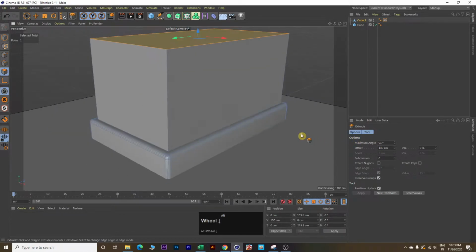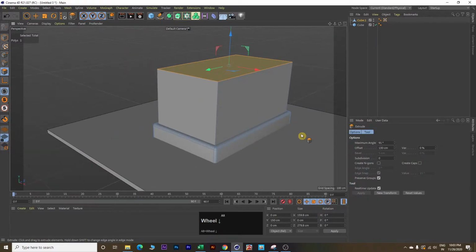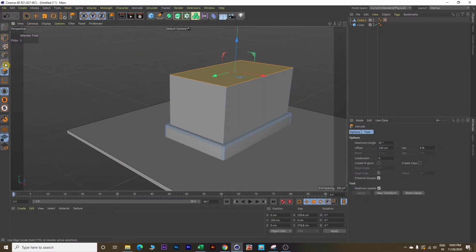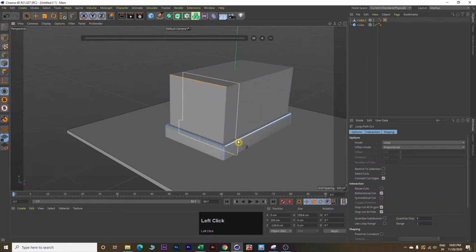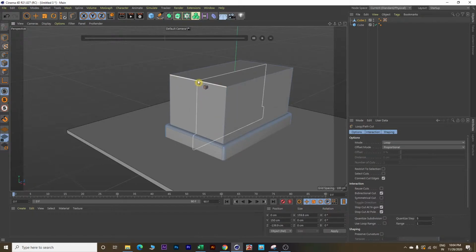Now let's zoom in. Next we will click on this edges button over here and we will bring our mouse pointer on this edge and right click and we will select loop path cut. Now we will make a cut on the center of this edge over here.